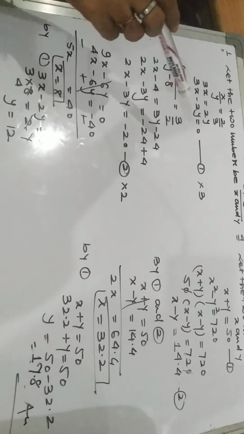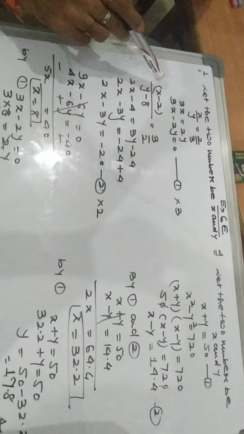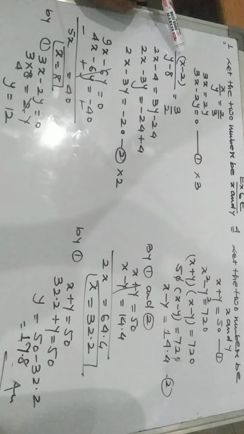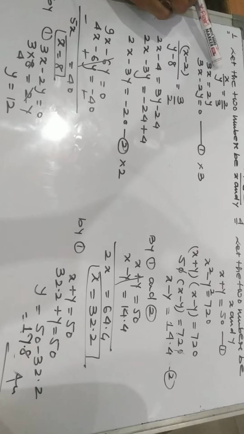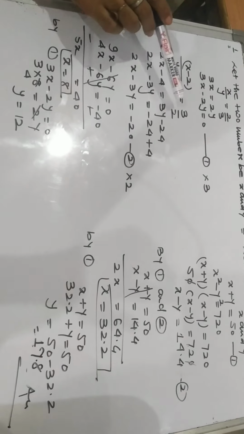The first ratio is 2/3, and the reciprocal of 2/3 is 3/2. The first number is subtracted by 2, so x minus 2, and the second is subtracted by 8, so y minus 8, and the ratio becomes the reciprocal, 3/2. On cross multiplication, 2 into x minus 2 is 2x minus 4, 3 into y is 3y, 3 into 8 is minus 24. So 2x minus 3y, transferring the minus 4 over, minus 24 plus 4 is equal to minus 20.